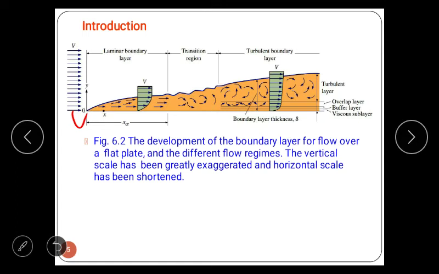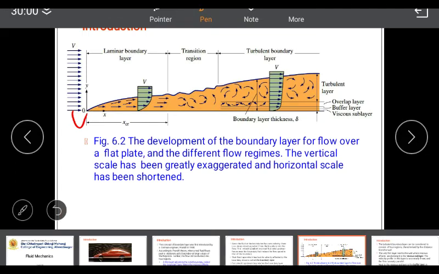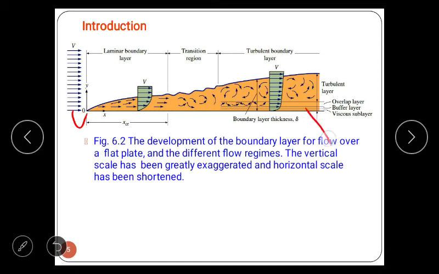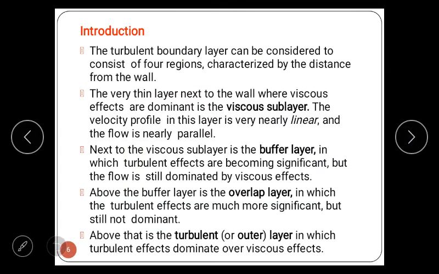Now here it is not named, I will show where this is: the parallel lines which are shown at the bottom, in the region of turbulent boundary layer, this is known as laminar sublayer. Now laminar sublayer is the region in the turbulent boundary layer zone adjacent to the solid surface of the plate. At this place the lines of fluid are parallel to each other. Okay, let's move next about boundary layer. It is all about what we have discussed in the diagram.